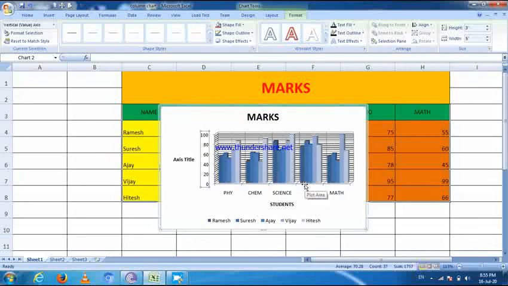So thank you, students. You can make a worksheet with data and create charts in your worksheet and apply editing and formatting tools on your charts one by one. The editing and formatting tools are design, layout, and format. Apply the design, layout, and format on your charts, and see what changes and effects appear on your charts. Okay, so thank you, students.